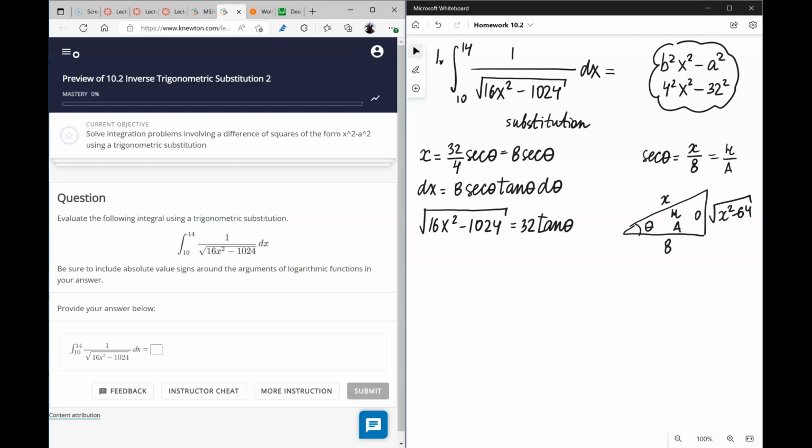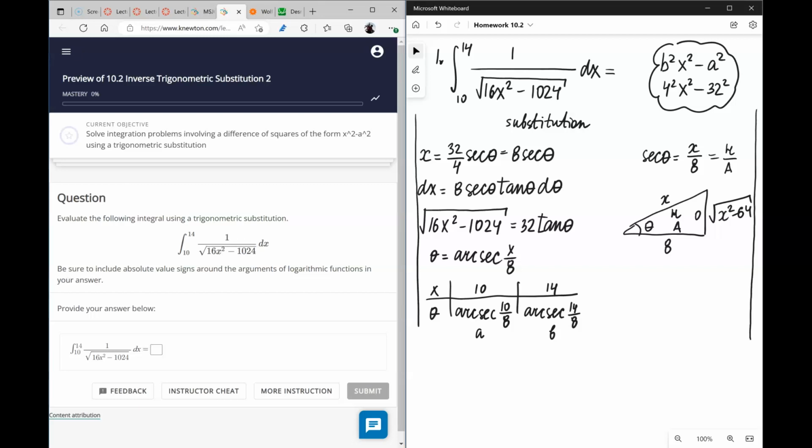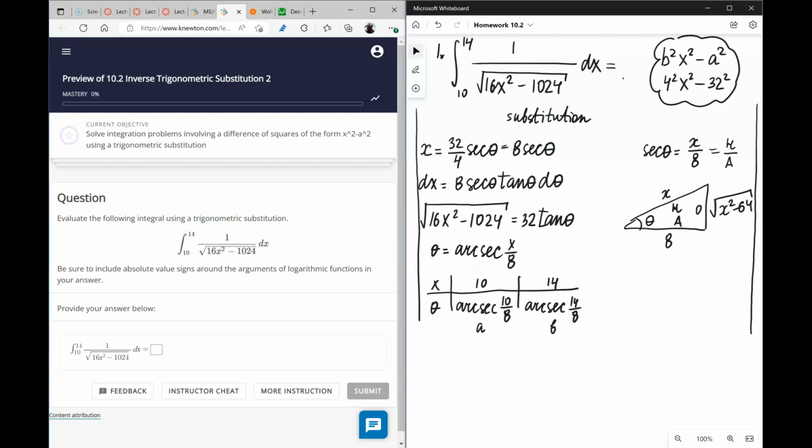And because it's a definite integral, we need to also acknowledge that theta is equal to arc secant of x over 8, and therefore when x is 10, theta will be arc secant of 10 over 8, and arc secant of 14 over 8. And just for the sake of saving some time writing those limits out, I'm just going to refer to them as a and b. And now, having done all these preliminaries, we are ready to continue with the main integral